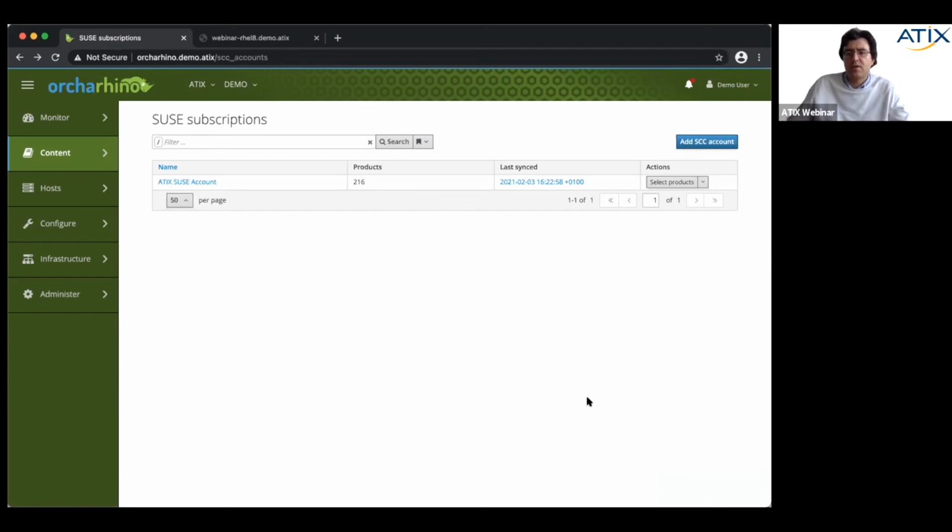What's important: if you want to assign a repository to a server, it needs to be in the content view you assigned. You can assign a repository to another content view. So technically it can be done, but it will never show up in the server.